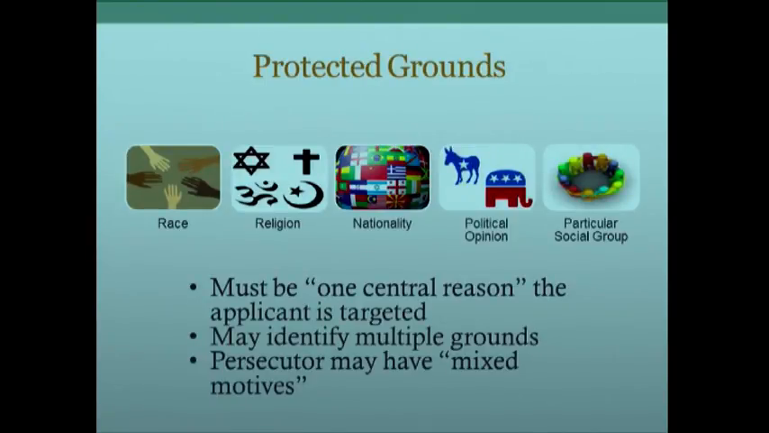All right, so the protected grounds, as I mentioned, include five protected grounds: race, religion, nationality, political opinion, or membership in a particular social group. The most common ones we've seen are religion, political opinion, and membership in a particular social group, which we'll talk about in a little more detail. For the harm that someone fears, their membership in one of these groups has to be at least one central reason that the person is targeted. There can be multiple reasons that they're being targeted, but you need to establish that it's on one of these grounds that's one of the central reasons. So the persecutor can have mixed motives in targeting the individual, but it's important to make the argument that